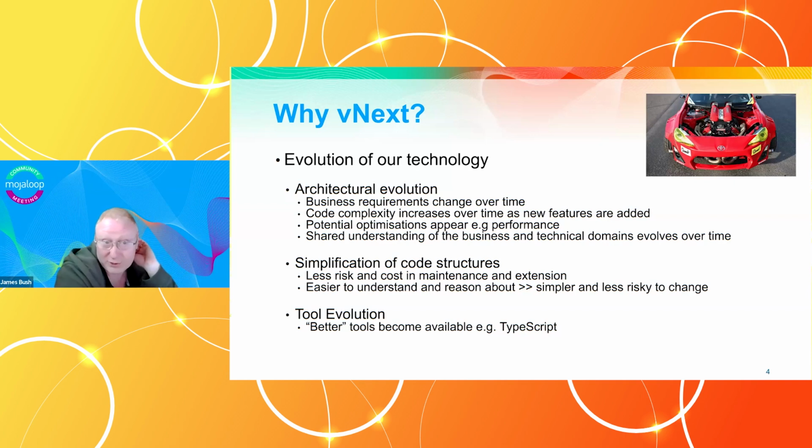So in vNext, we're trying to simplify some of the complexity that's appeared over time. This tends to reduce the complexity, the time, effort, but probably most importantly, the risk of making changes to that code base. Those of you who don't have long history of software engineering might not know, but as code bases get big and long-lived, they tend to become more brittle over time. Not always, but